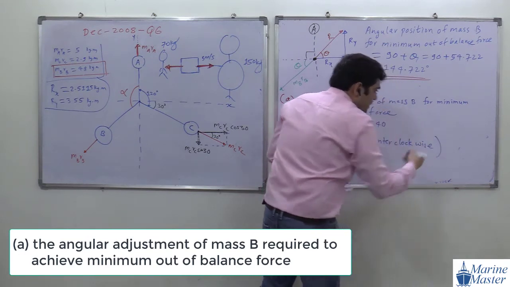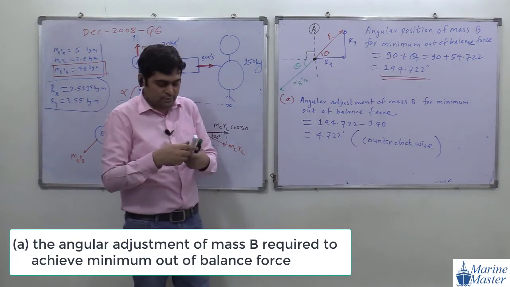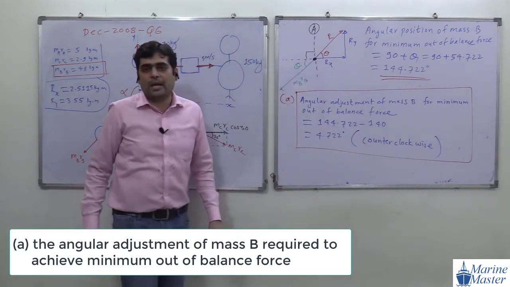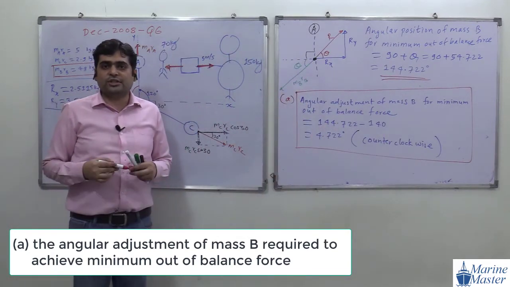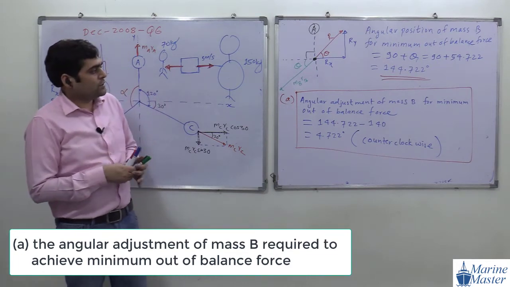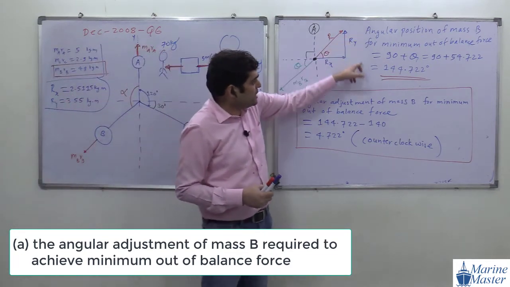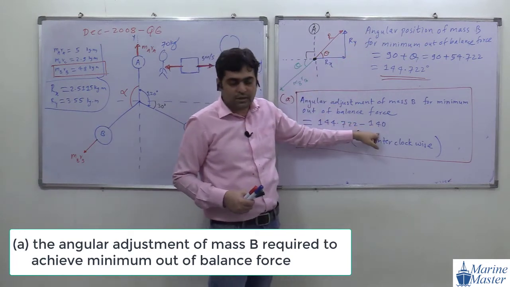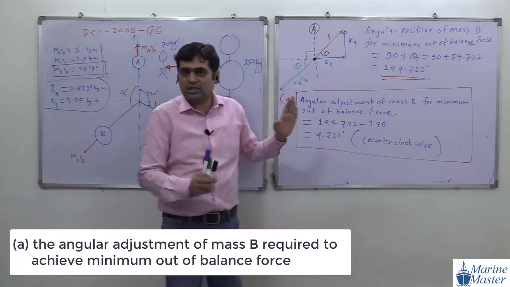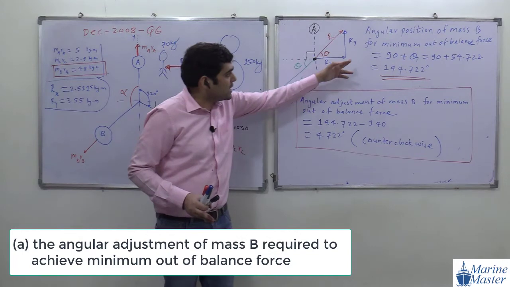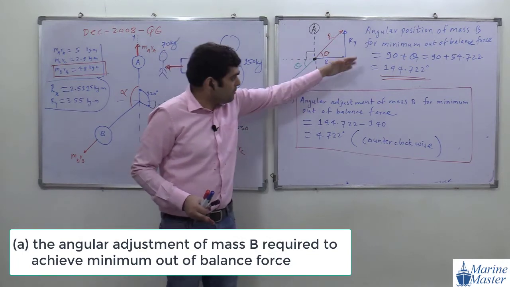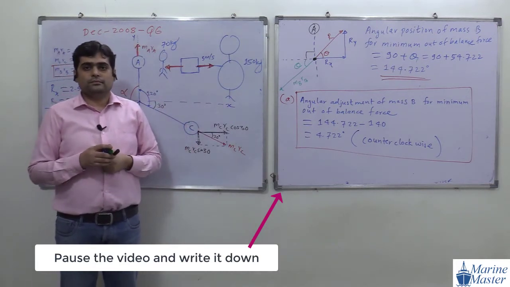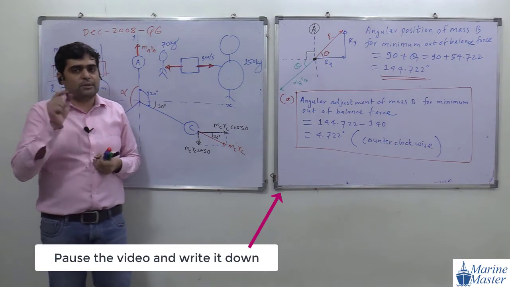Okay guys, are you getting my point, everyone? Any doubt in this discussion? Okay, good. So this is our answer for part A. Please everyone write down: the new angular position, and from the new angular position we subtract 140, then we get the angular adjustment. What is meant by the word adjustment? We already drew this drawing, no need to draw it again. Please write down these 2 points. Write down properly, notes must be in proper format.